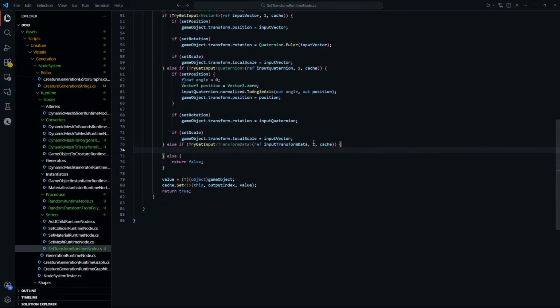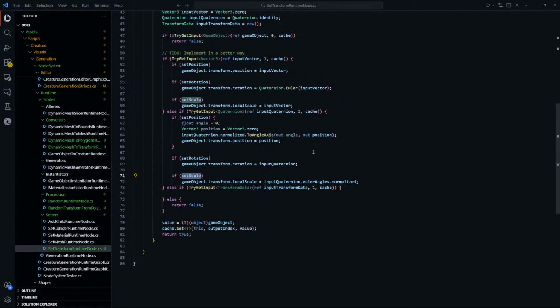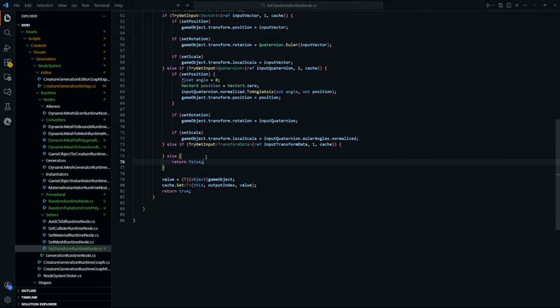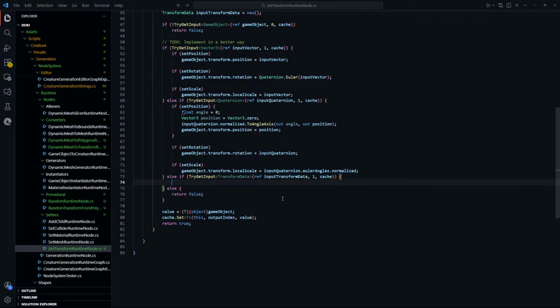Nice and easy. And scale, I think we would do this. Normalized. Like, this is weird. If set position or set scale is set as true for an input of quaternion, I think this is like the best case scenario we can do with that setup. And finally, transform data. This one